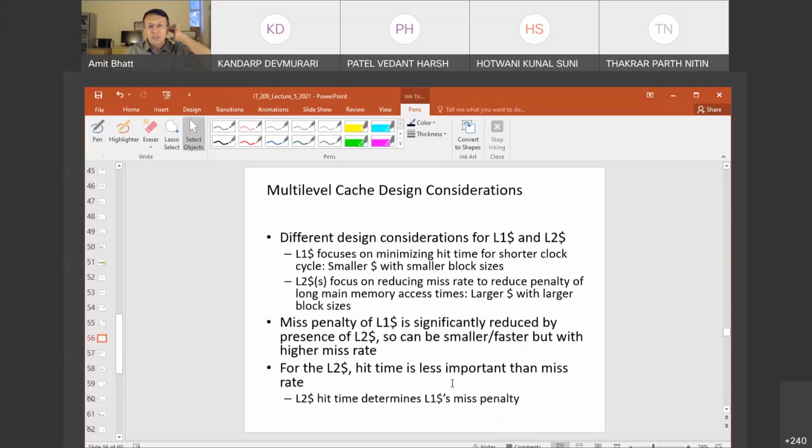So now, multi-level cache design consideration. So now that we have designed the cache,